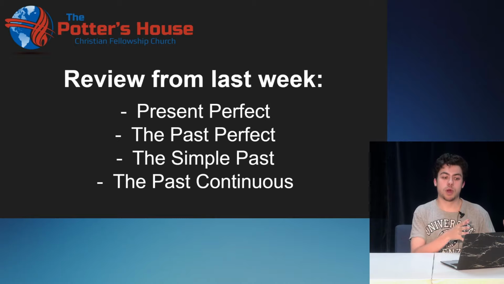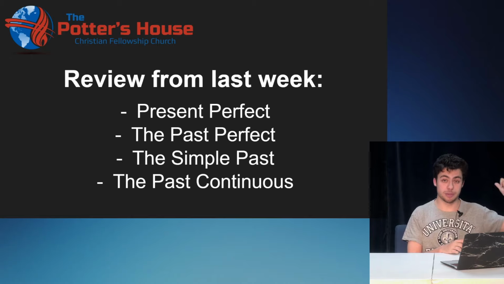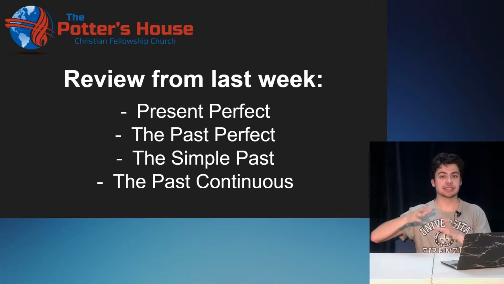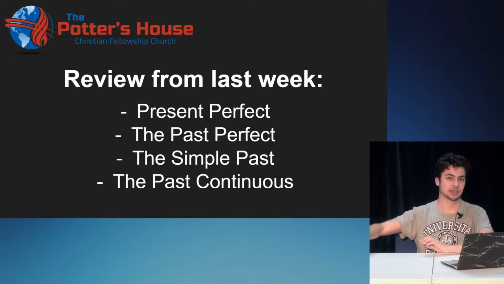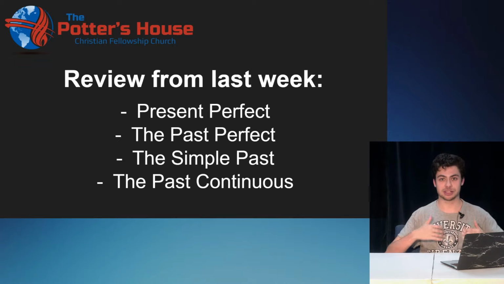Whereas the present perfect is anything that started in the past but continues up to the present, or the time is ambiguous, up to the present, the past perfect has an ambiguous end time, but that's definitely in the past. And if that still seems kind of confusing, don't worry. We'll look at examples. We're going to read a novel, and there's going to be plenty of examples, so you'll get to see it in action.